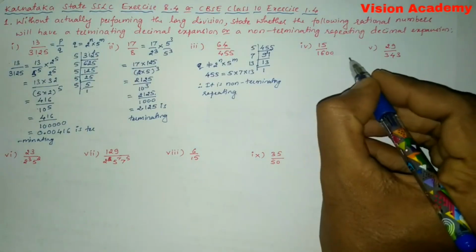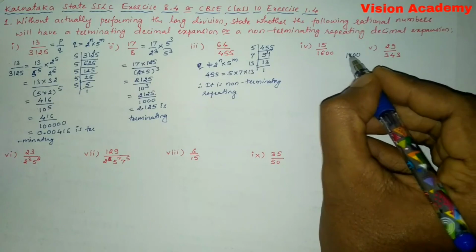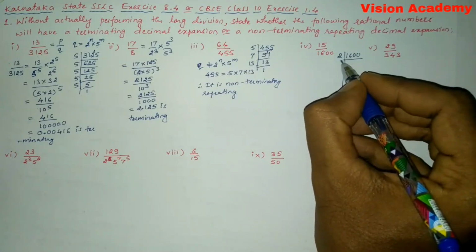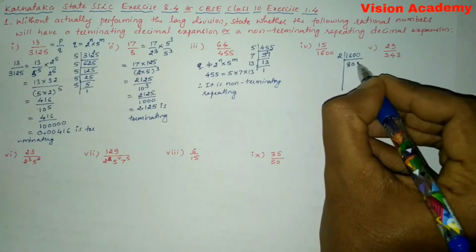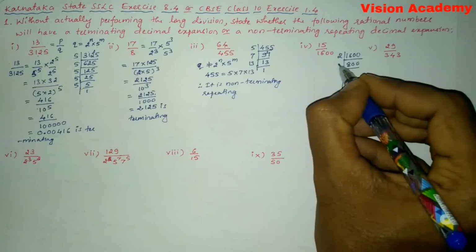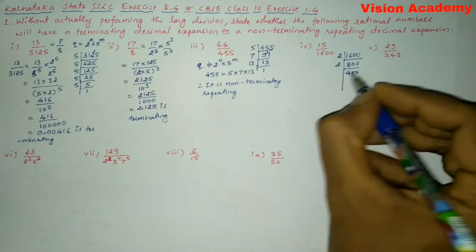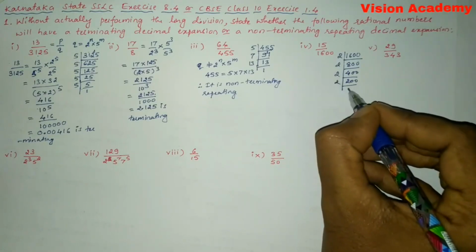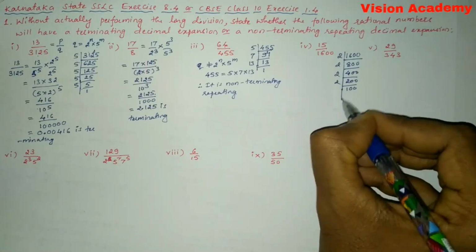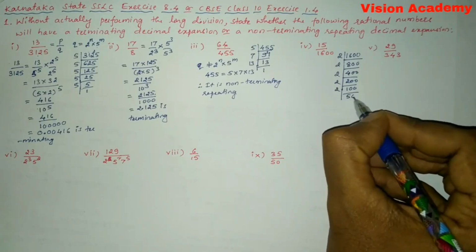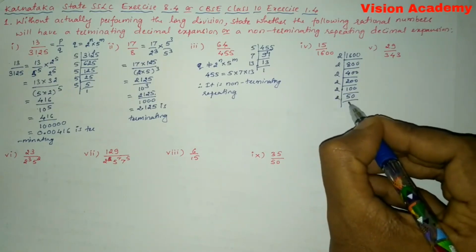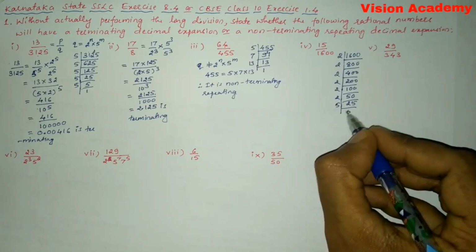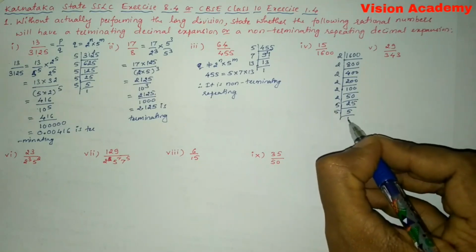Yes. Next let us move on to Roman number 4. Here let us divide 1600 by the least prime factor 2. So 2 8s are 16, that is 2 800s are 1600. Next 2 4s are 800. Next 2 2s are, 2 1s are, 2 5s are 10. Next 2 25s are, next it will be divided by 5, 5 5s are, and next 5 1s are.